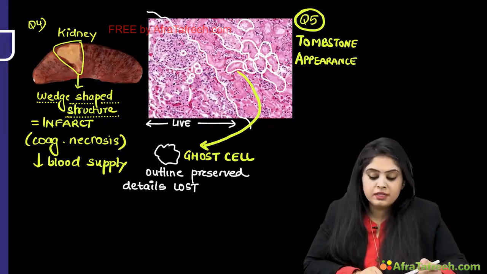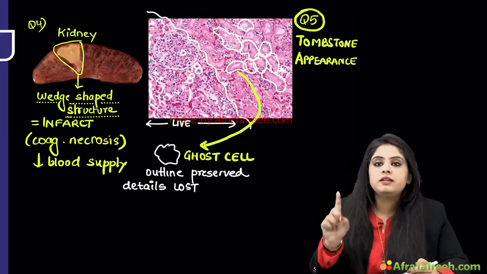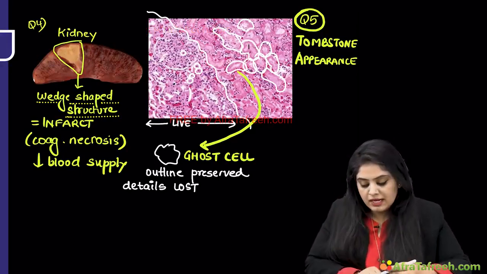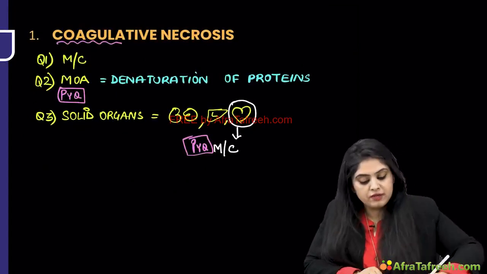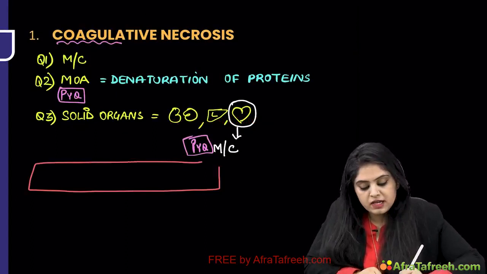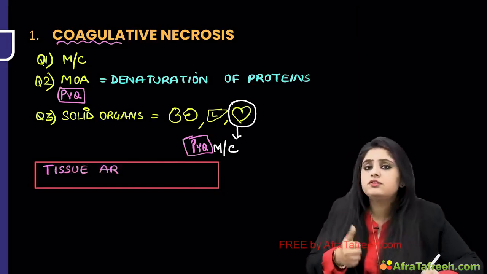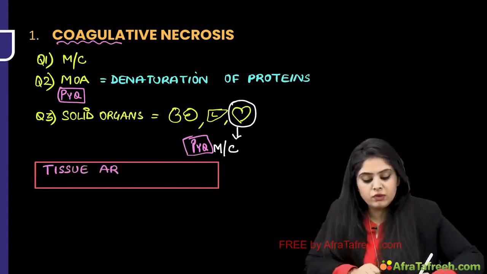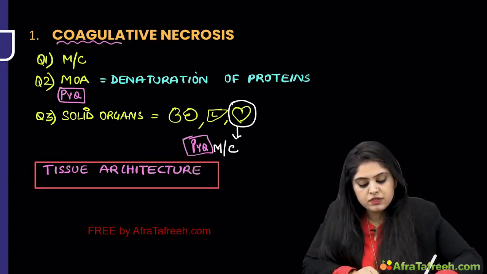Solid is remaining solid. Same way over here, even if the cells are dying, their outline, their remnants, are there. So can I all in all say that no matter what might have happened in coagulative necrosis, I'll tell you the most important question that they will ask you in the paper, and that is, tissue architecture shall remain preserved, because solid is remaining solid. The cells are still showing you an outline. So remember, the tissue architecture is going to be